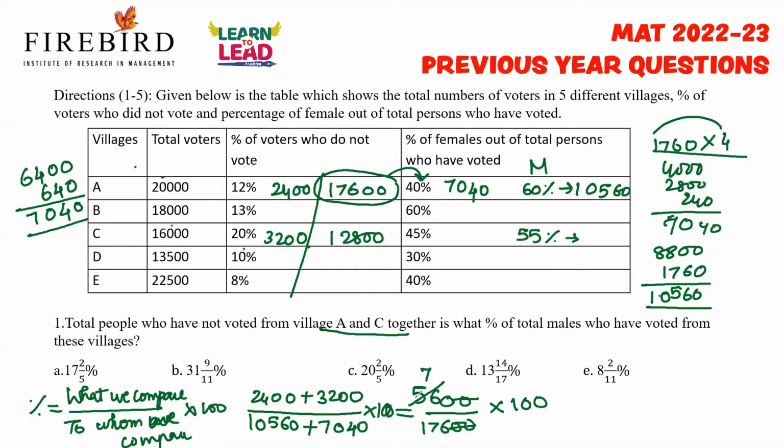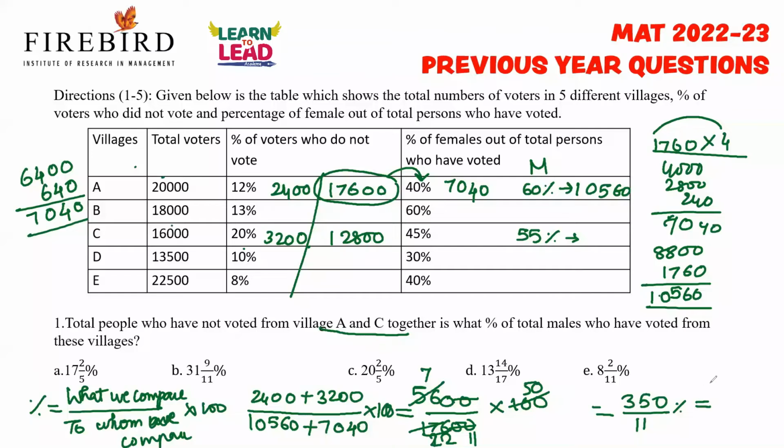So 8 table, it comes 7 times, and here it is 22 times. So 7 by 22. Okay, so 7 by 22 into 100. So you can also cancel 100 and 22 in terms of 2 table. 50, 11. So 7 into 50 is what? 350. So 350 by 11